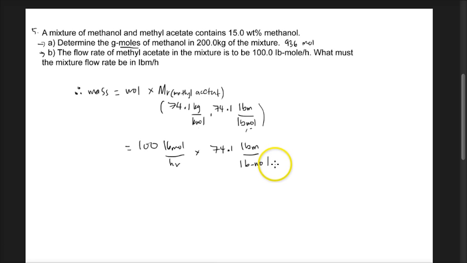Alright, so the value will be about 7,410 lbm per hour. Alright, so this is the mass of methyl acetate